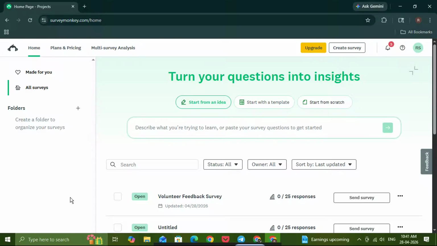If you want to make a SurveyMonkey survey anonymous and make sure respondents can answer without their identity being revealed, this tutorial will walk you through the exact steps. This is especially useful if you're collecting honest feedback, employee input, customer reviews, or any type of survey where privacy